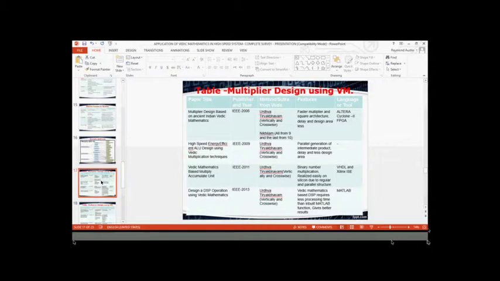The third one was Vedic Mathematics based multiply accumulator unit, which used the same sutra as before, vertically and crosswise. They used the same, they found that,